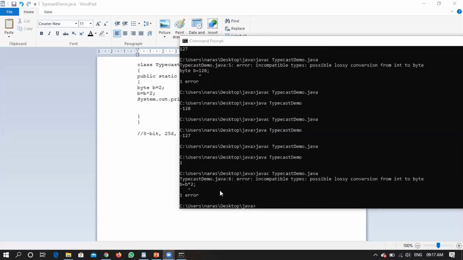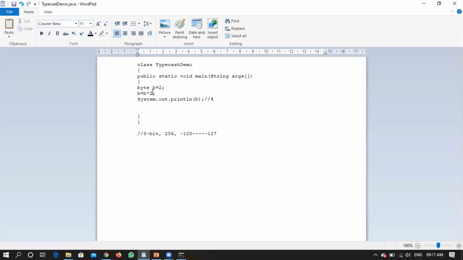Can you guess what has actually happened internally? 2 you are assigning to a byte, no problem. When you are assigning this to a byte, obviously that is within the range, so 2 will be accepted by b. When it is doing a multiplication, who told you that you are talking about byte only with respect to this 2?